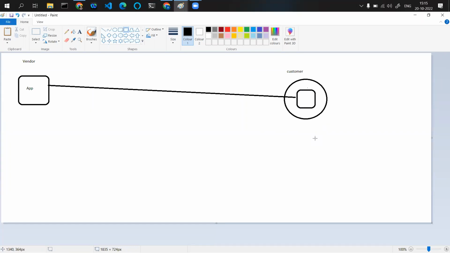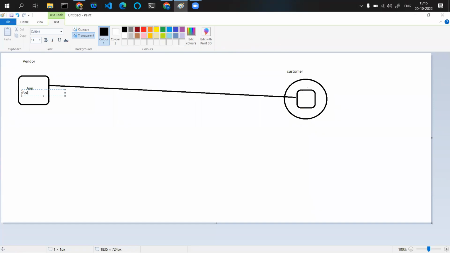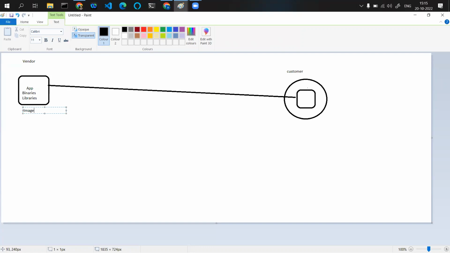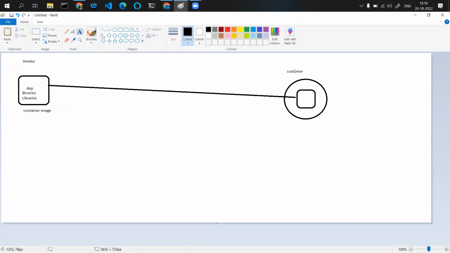But now, using Docker and many other containerization technologies, what vendors can do is, apart from delivering the application, they can also deliver, along with the application, some binaries and libraries. So all the dependent binaries and libraries for your application can be bundled together in something called an image, or container image. And then the customer can download the complete container image on their system,